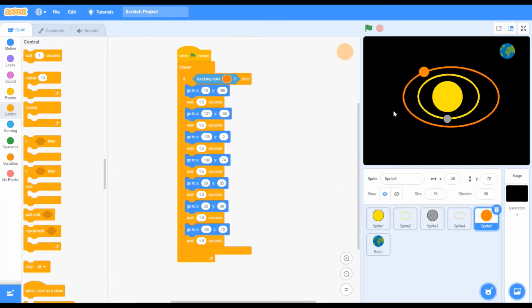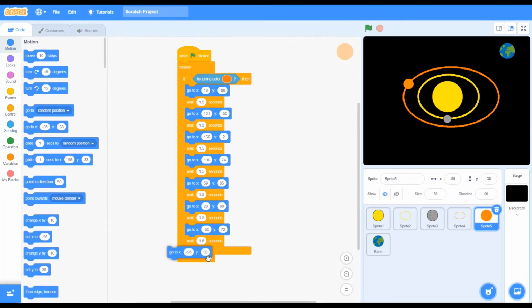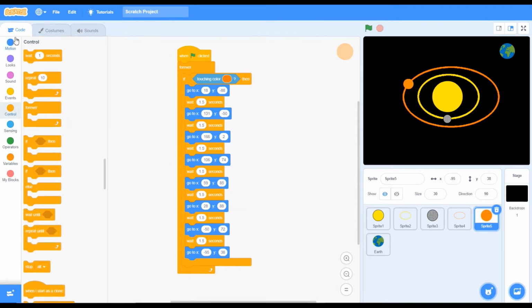Okay, I am creating so many sprites. Now it has been in this position. Now we will place it here. It's very easy, it's automatic. But the sun is not automatic, it will stay there. Although in reality the sun has its own small orbit in which it rotates, in Scratch we don't want that because the sun's orbit will be very small and it will take a lot of space. Okay, now again to this position.